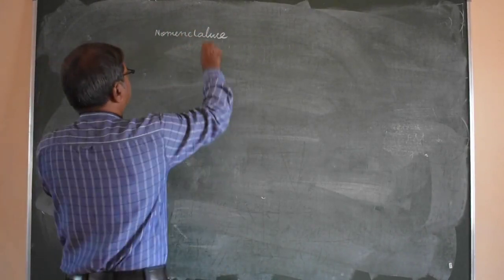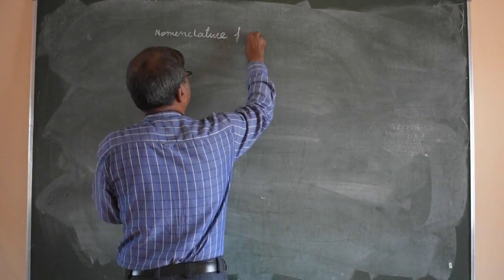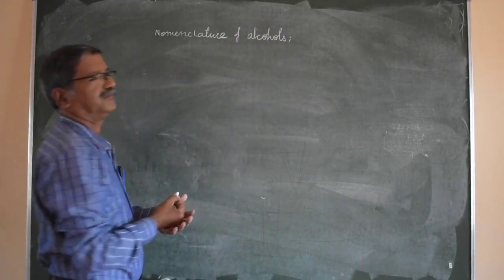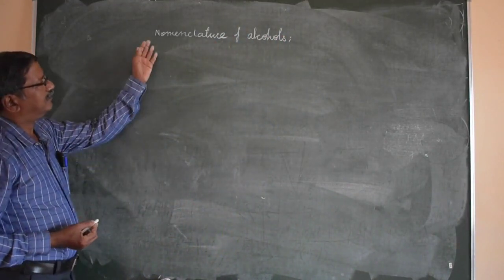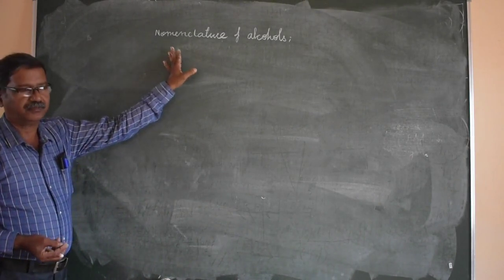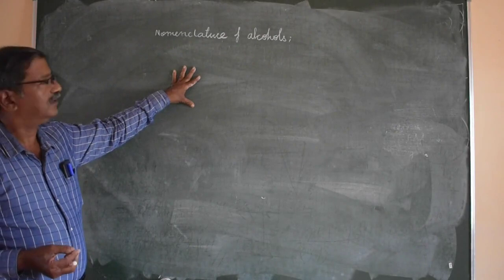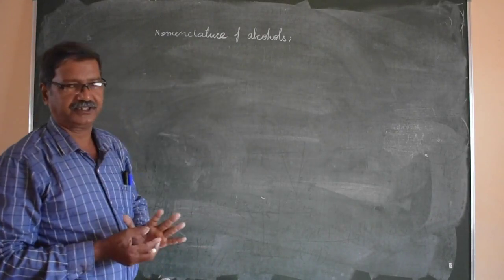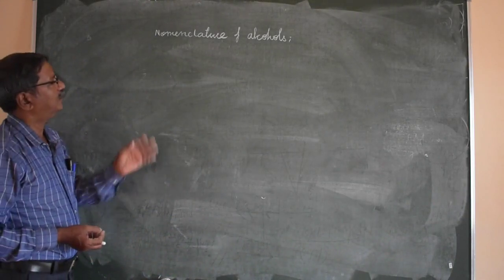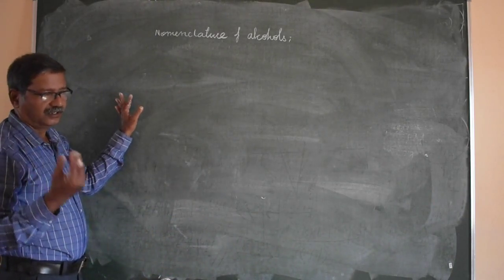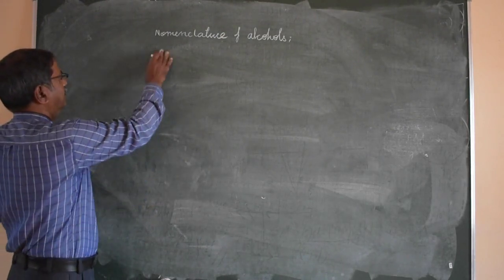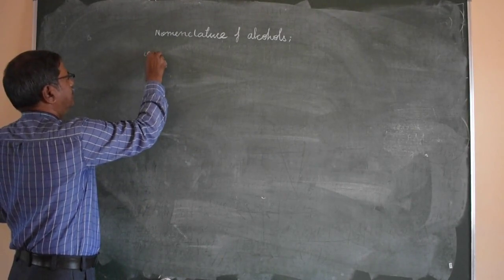Nomenclature of alcohols. We know organic compounds are named by two methods: one is by trivial or common name and another is by IUPAC name. Even in the haloalkanes we studied how to name haloalkanes by the common system and by the IUPAC system. Now, in the common system,